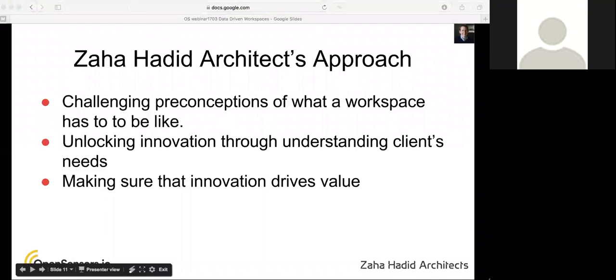So, a little bit about Zaha Hadid, specifically why we're interested in sensors. Part of it's because we've always been known for our unique and innovative designs, but for us, it's never about designing something different. It's about designing something better. And I think that sensors and other technology like that allow us to understand client needs, the user needs, in so much more depth, so that we can design something that is better for them. And rather than just, in the past, using things like rules of thumb and best practice,